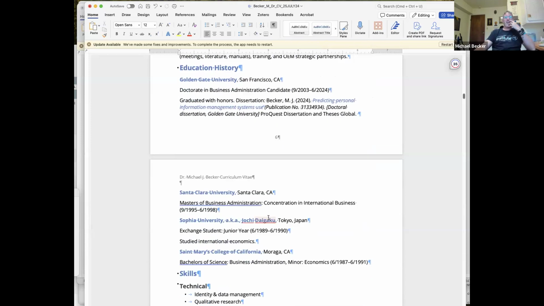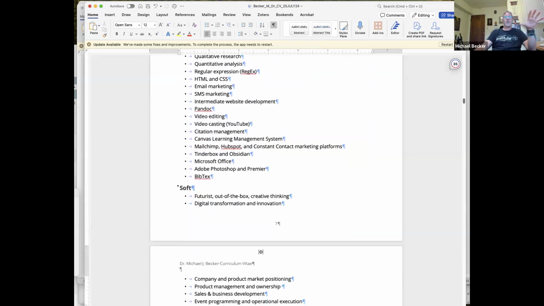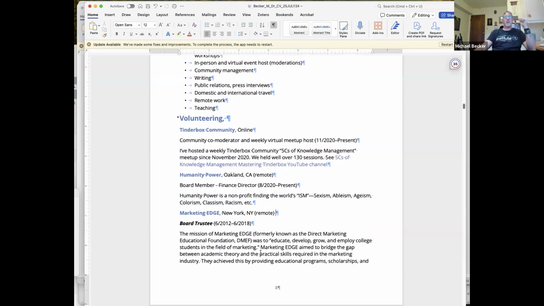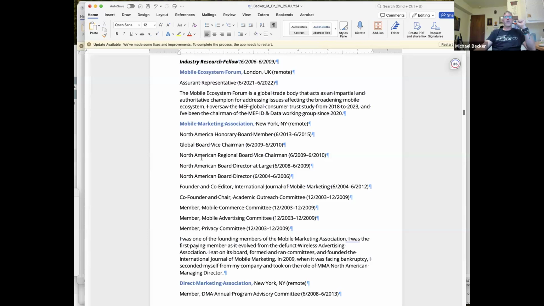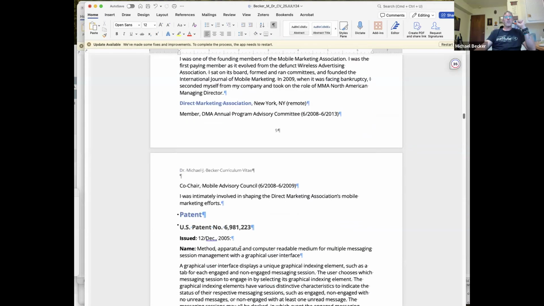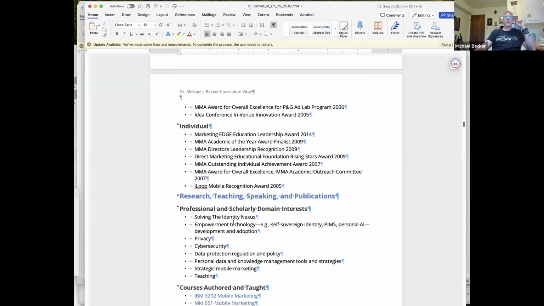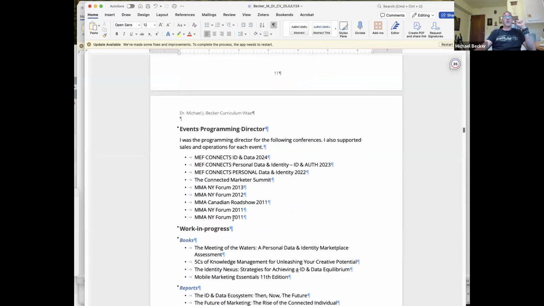More details about the educational history, a bulleted list this time of the technical skills and soft skills, volunteering that I've actively participated in, including the different roles that I may have had in that volunteering, patents, trademarks, awards received, research and speaking, courses I've taught, programs